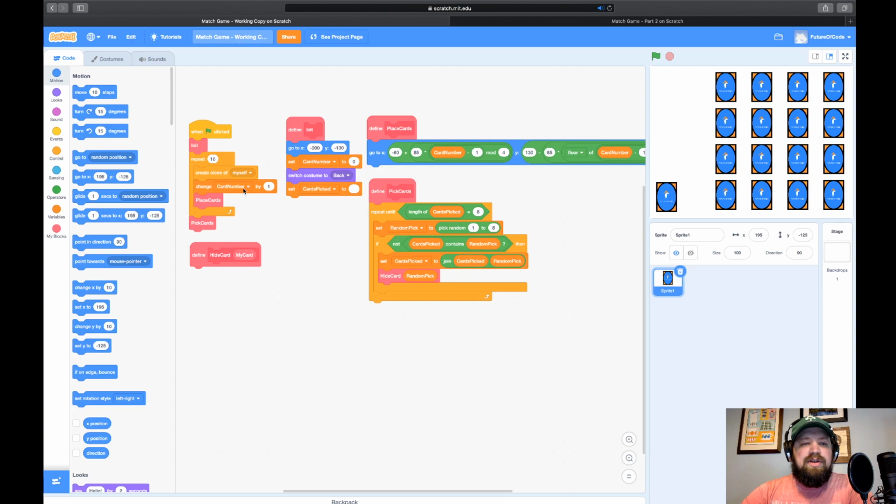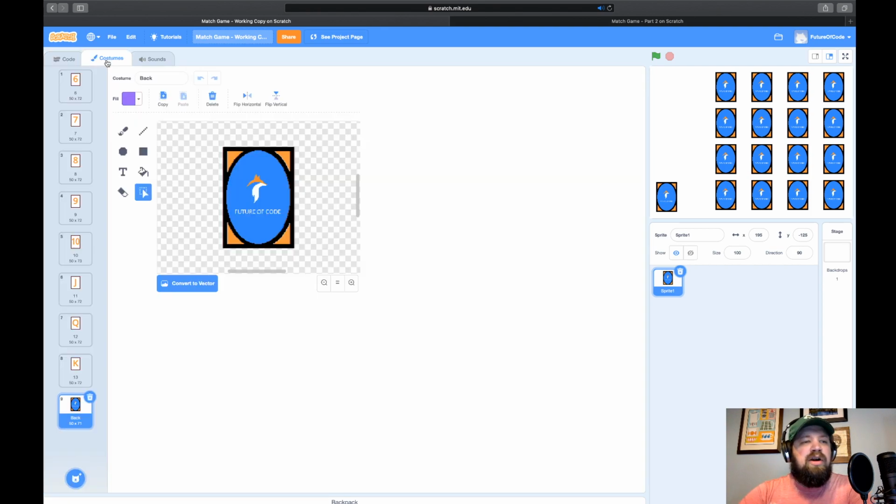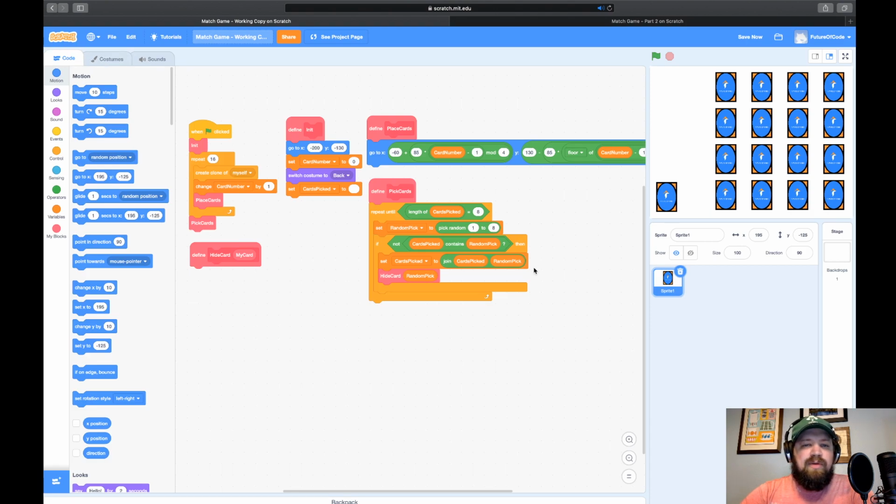The next thing we're going to do, once all the cards are placed, is pick the cards. So what we did here was, if you remember, our costumes are labeled 1 through 8 for our 6 through King. Now, we decide to add a little bit more randomness to this. We decide what card we're going to pick in a random order. So we don't just say, okay, place 1, place 2, place 3. We add more randomness to it. Now, this may seem redundant.